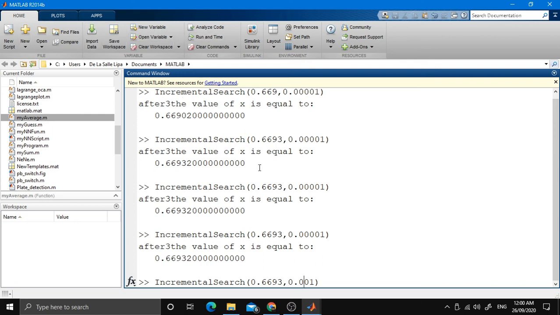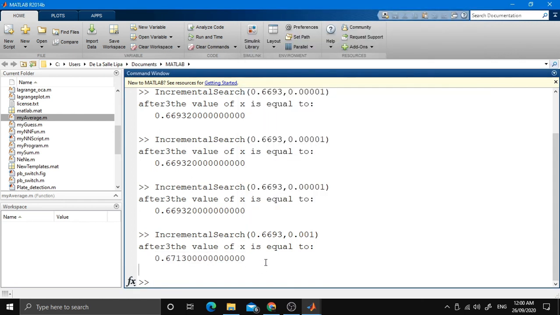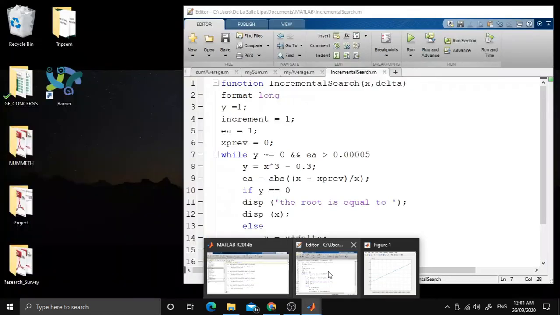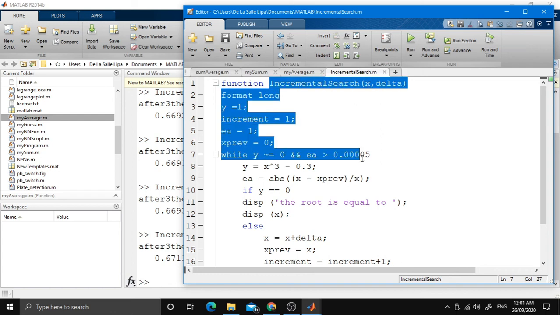And that's the difficulty of using incremental search. Just like here, it goes farther away, and we all know that it reaches zero at this point. So that is the difficulty of using incremental search. It doesn't give you the amount of value that is needed for you to actually reach the zero mark. That is also a difficulty of using incremental search in this particular system,